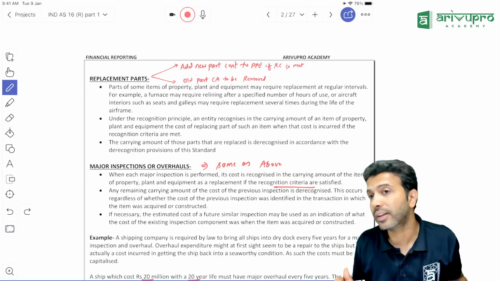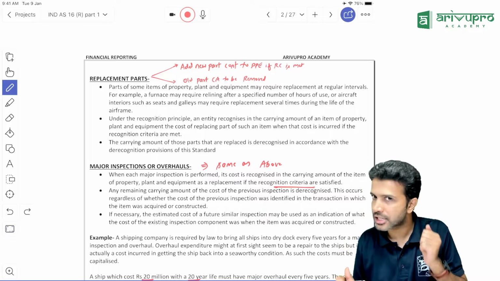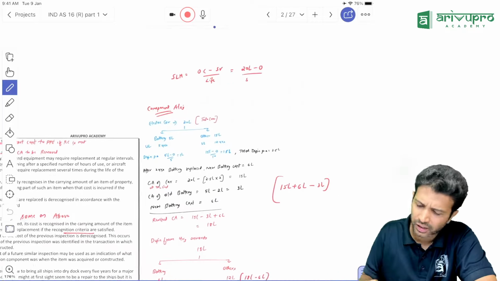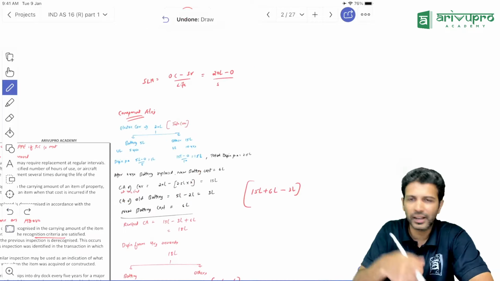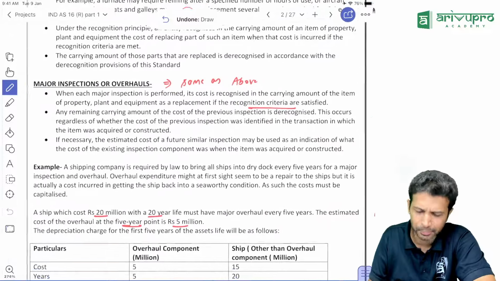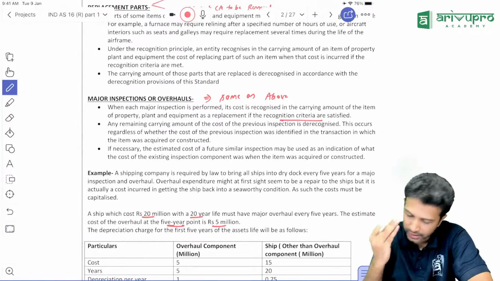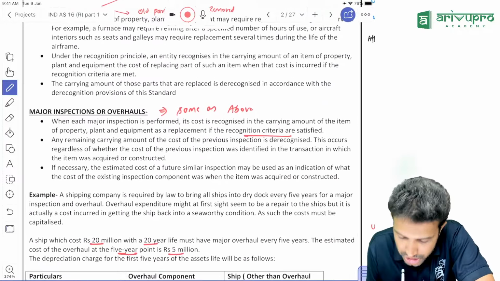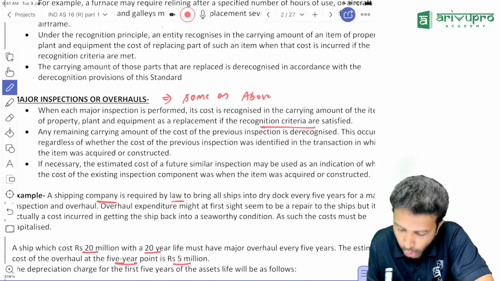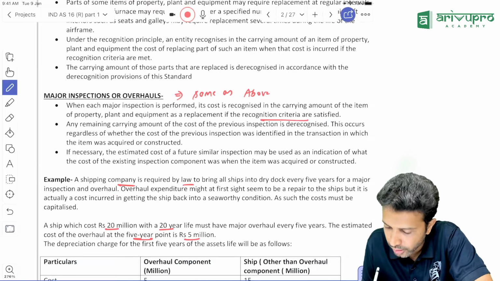Okay, now can we review one question just to get this concept a little better? Same as the car example I gave you, we'll apply it through one more example. The example is given in the ICA study material only. Let's run through that. A shipping company is required by law to bring all the ships to dry dock